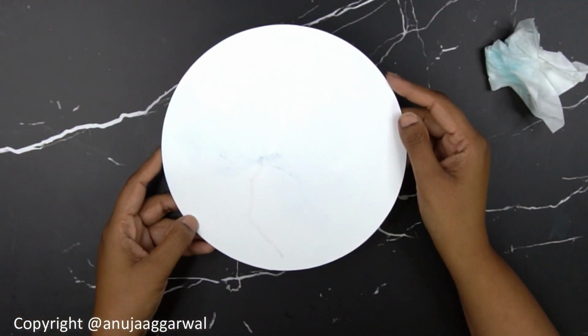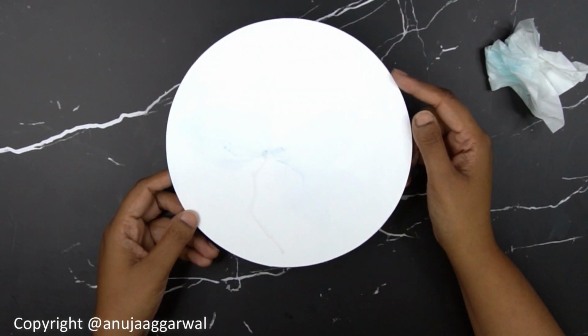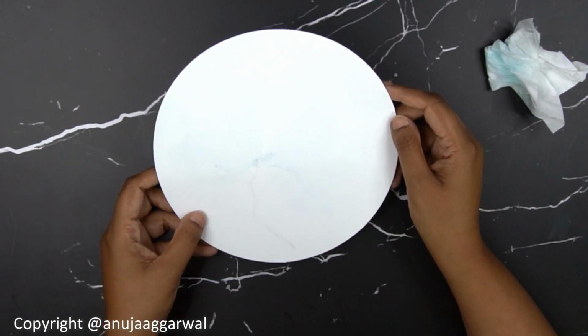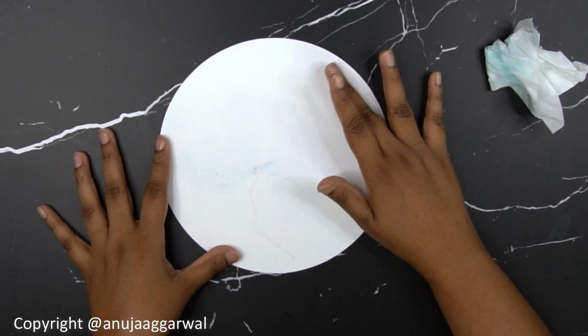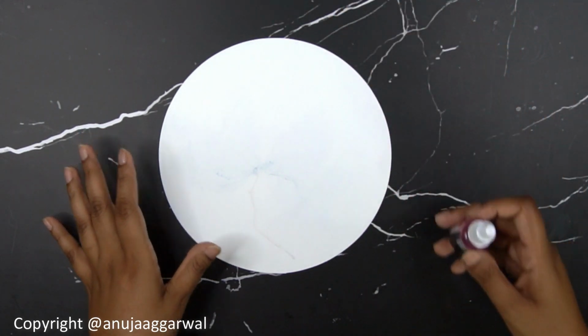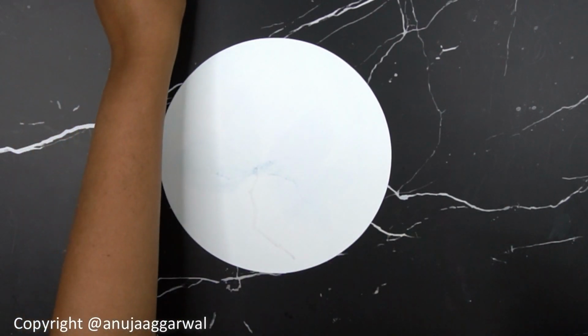So although we say that it's stain proof and all, I don't think it is completely stain proof. There would be some stains left. And one more thing, that once you wipe the paper, it becomes somewhat activated. I don't know what the term is. And then when you use your alcohol and inks again on top of this paper, they spread and go out